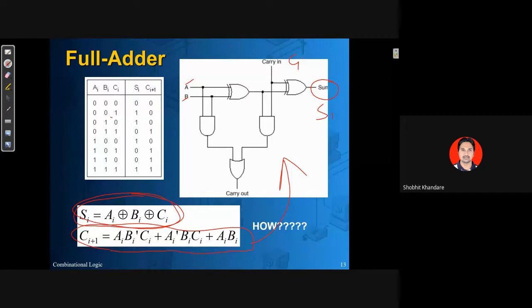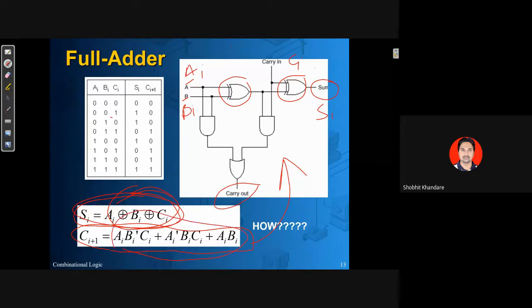CI का मतलब होता है carry in, जो previous से आया है. This A is nothing but AI. This B is BI. So यहाँ पे जो आउटपुट आएगा वो रहेगा AI XOR BI. वो फिर यहाँ पे हमको देना है, एक इनपुट वो रहेगा, दूसरे इनपुट CI करेंगे, तो आउटपुट में आपको आएगा ये इक्वेशन, और CI plus 1 का इक्वेशन है ये वाला.